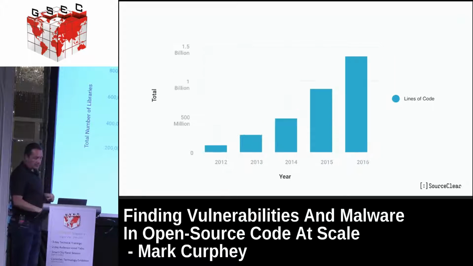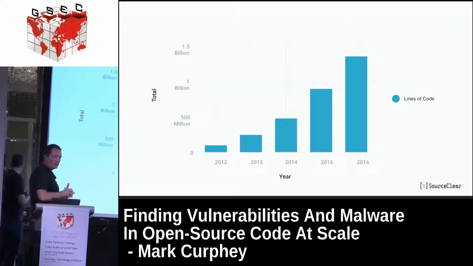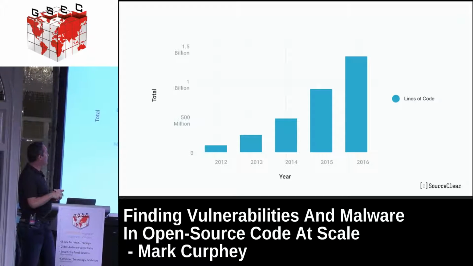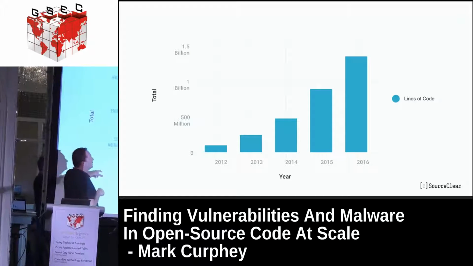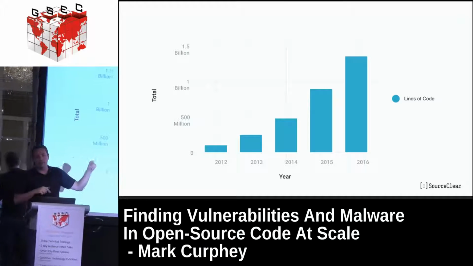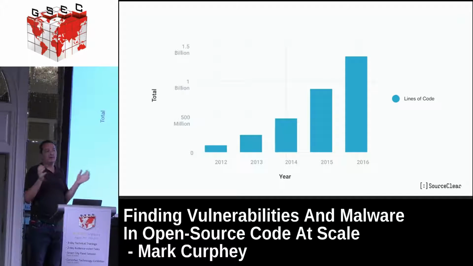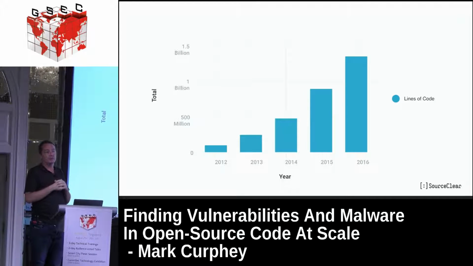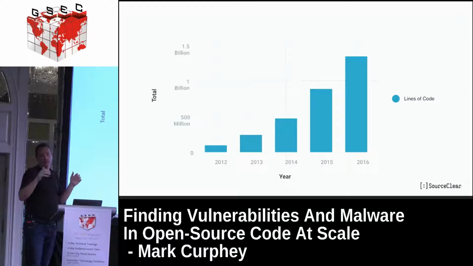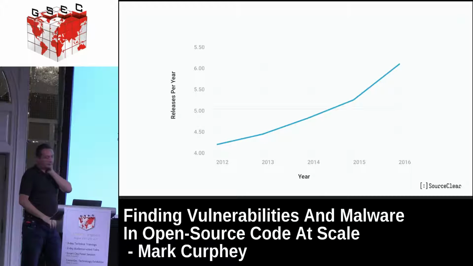So there's the kind of growth. What we've also seen, if you think of it in terms of lines of code, is we went from something which was kind of imaginable to something where we are today, which is unimaginable, right? It's like 1.4 billion lines of code out there in the open source world. So the romantic notion that open source, you can go look at it, of course you can. I don't know, there's some super smart people from my team down here, but they can't look through 1.5 billion lines of code. It's not possible.